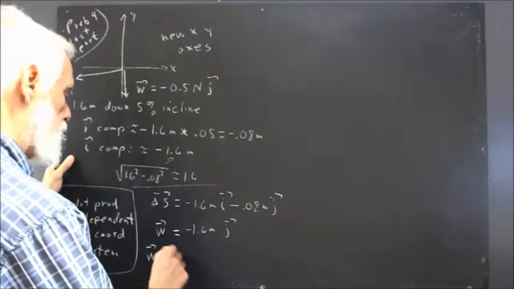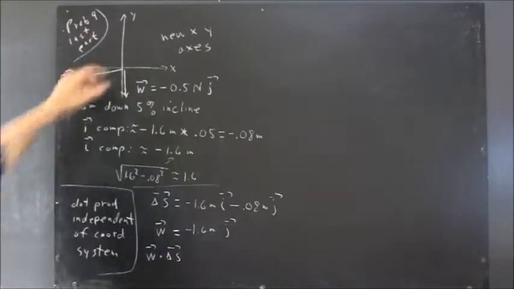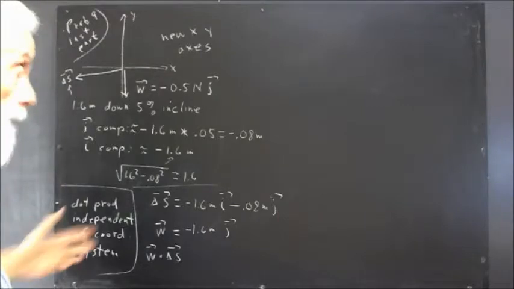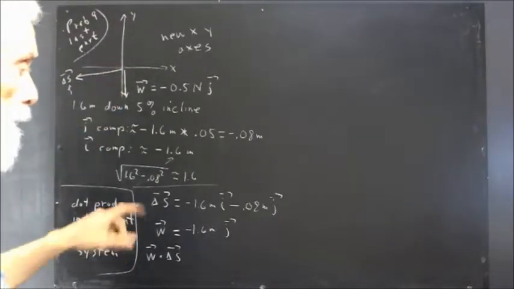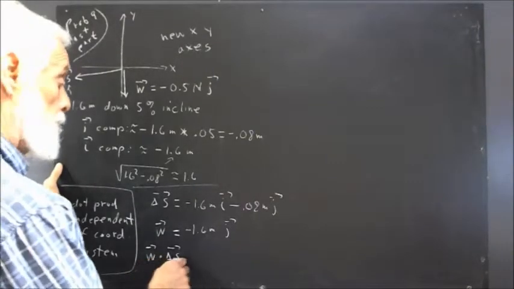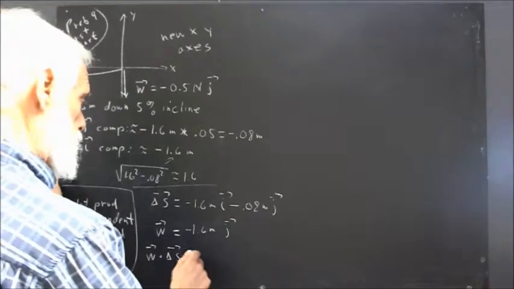Dot, and not the weight component. This is the actual weight. We're not taking just the component of the weight parallel to the incline now. We're taking the whole weight, and we're going to form this dot product. So what we get when we do the dot product of the weight with our delta S vector, we're going to take